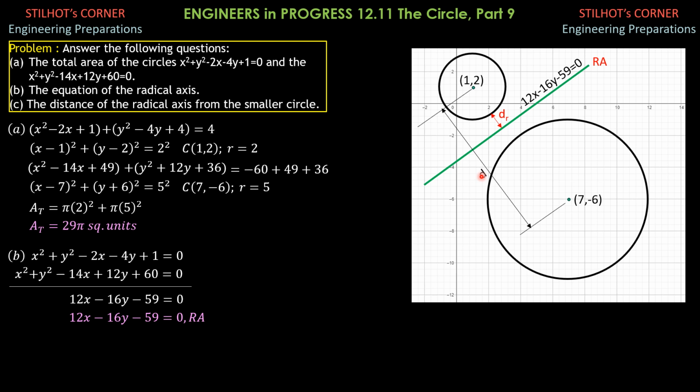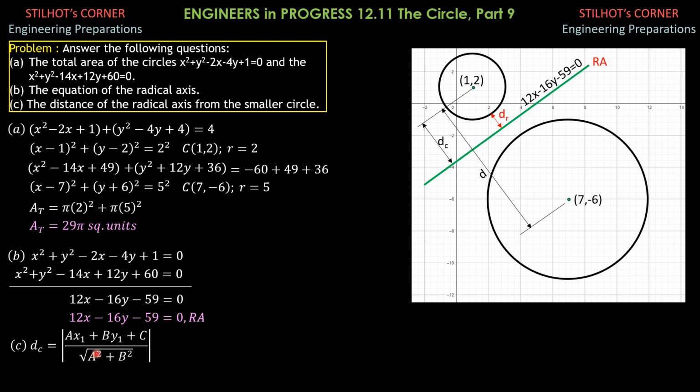Then you have this d sub c, the distance of the radical axis from the center. Therefore, this d sub r is simply d sub c minus the radius of the smaller circle, which is 2. Now, for this d sub c, this is distance of this line, radical axis, from the point (1, 2). And that is absolute value of ax1 plus by1 plus c all over square root of a squared plus b squared. For that formula, you just look at the previous videos for that derivation. So this is the formula.